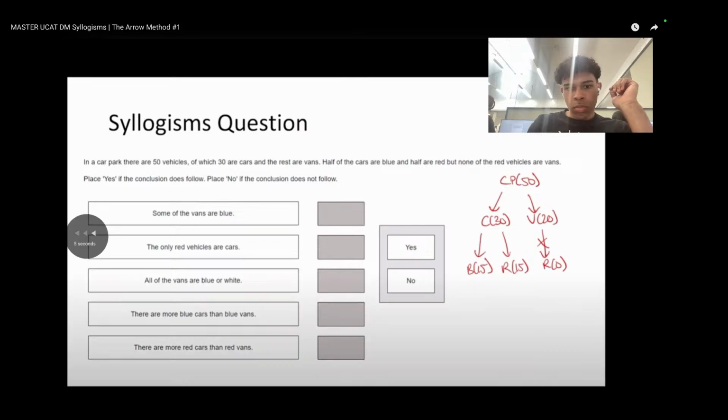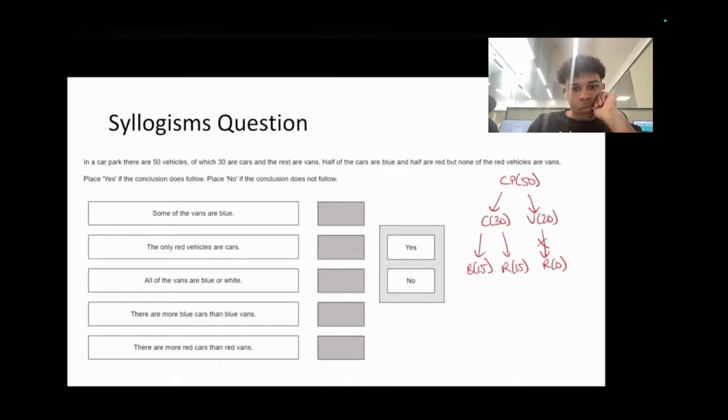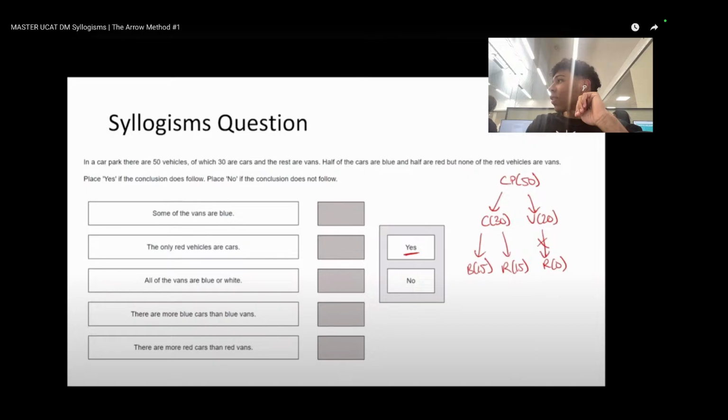Some of the vans are blue. Well, if you have a look on the van side, it says that none of them are red and we have 20 vans, but we don't know anything about colours, okay? Remember what I said, an answer of yes means that you have to be able to conclude it definitively. You basically have to be able to put your life on it, okay? And here you can't, okay? It could be, remember what I said, and this is where the hypothetical thing comes. It could be